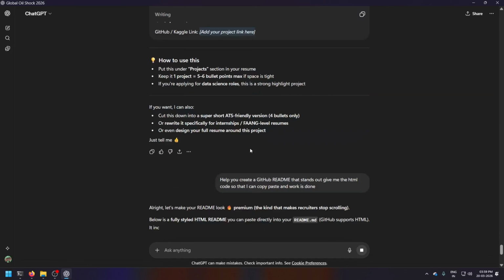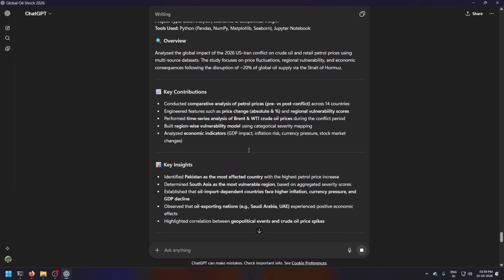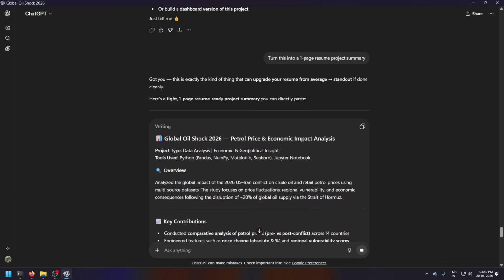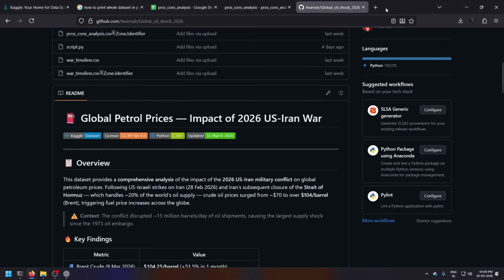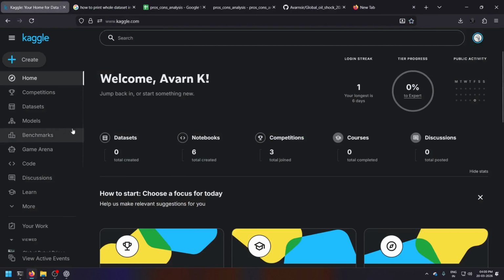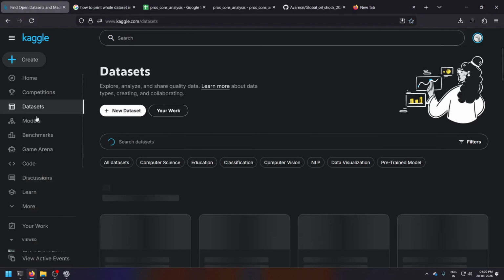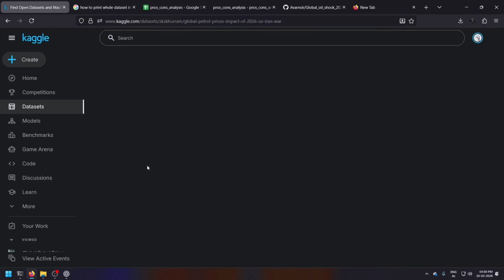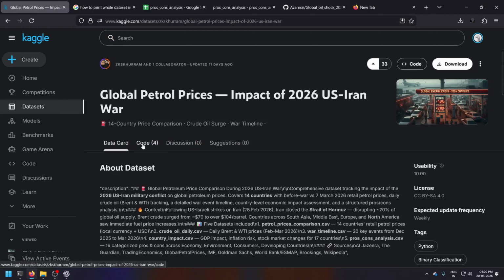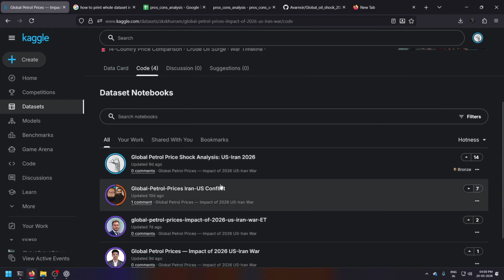Simple. So as you can see, how I made all these things in a very short period of time. Taking the data set from Kaggle, by searching out on Kaggle and finding the data set, like here what I did. Even you can upload your code here and write some comments.